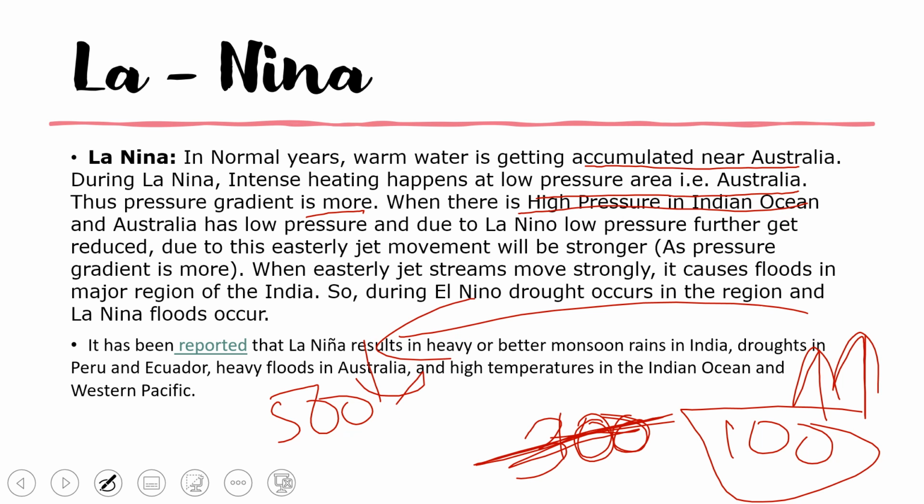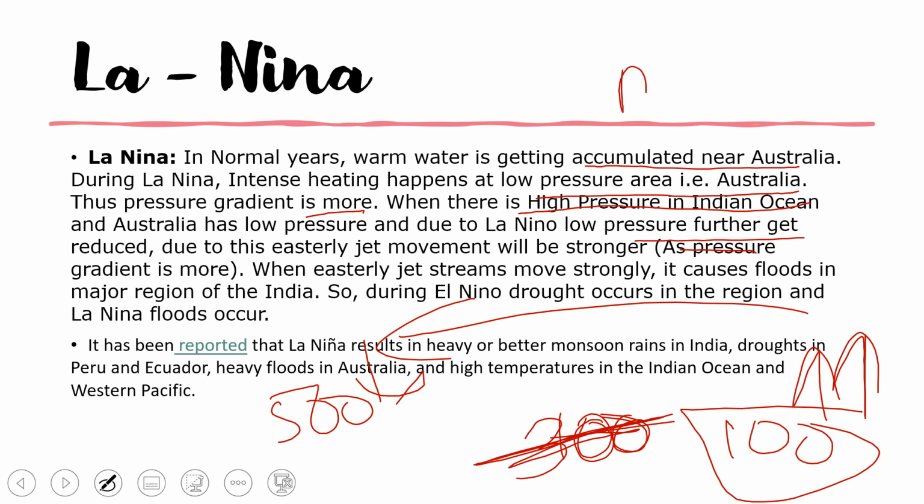Okay, so when there is high pressure in the Indian Ocean and Australia has low pressure due to La Nina, the pressure will get further reduced because the easterly jet stream will be stronger. I have explained the easterly jet stream from the Tibetan plateau and so on, so from there you will get a stronger easterly jet. As the pressure gradient force is more, the easterly jet stream movement will be there also. Australia is also giving intense force because it has very low pressure, so the push for this monsoon will be very high,